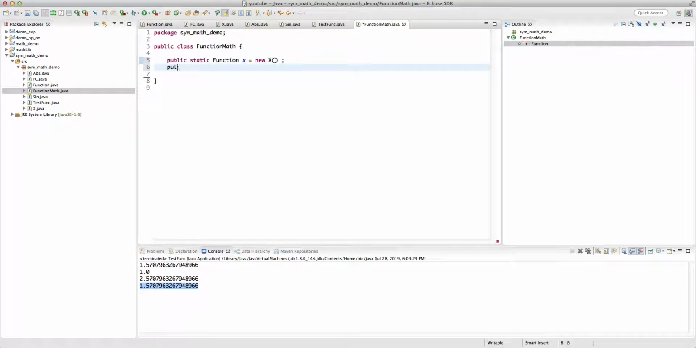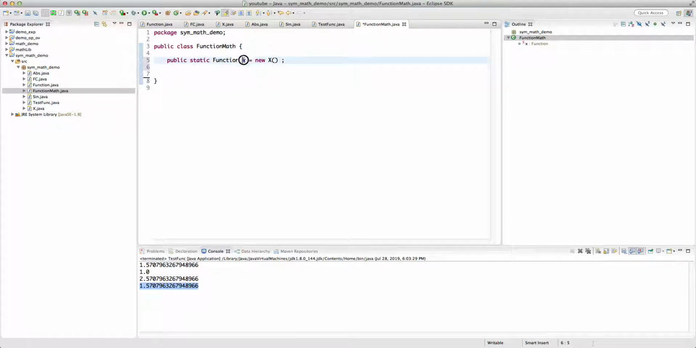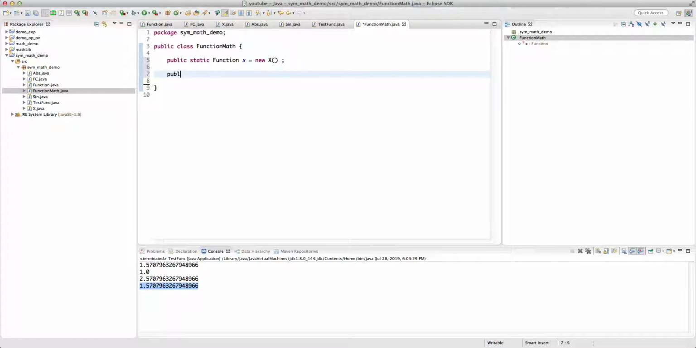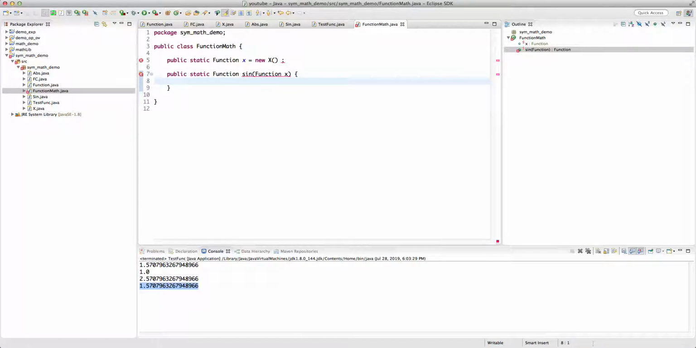Okay, public static function sign. So we create this x because that's our variable, right? We said we are developing a single variable function space, and our variable is called x. So we create this, and then I want to have a public static function, a sign method, which takes a function x, and then what it returns is